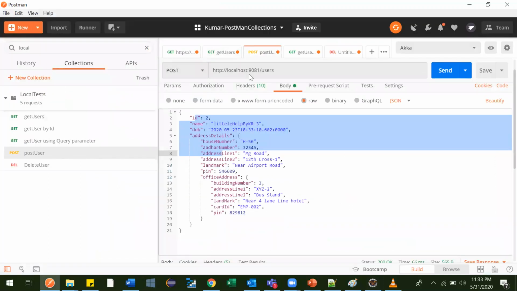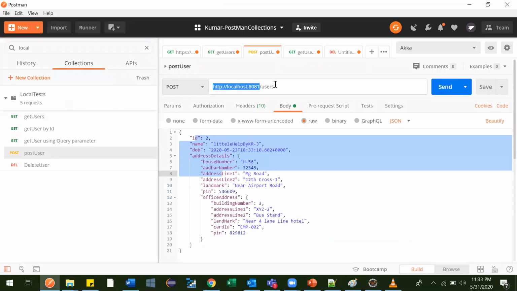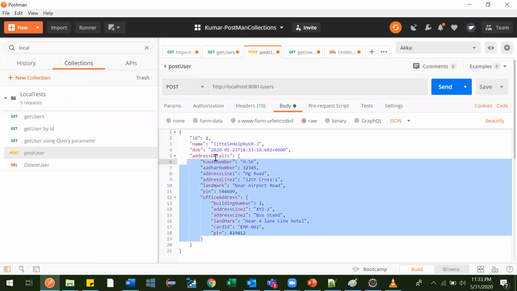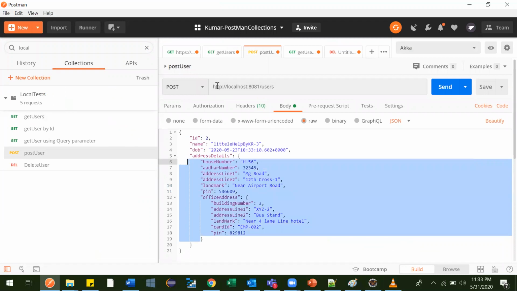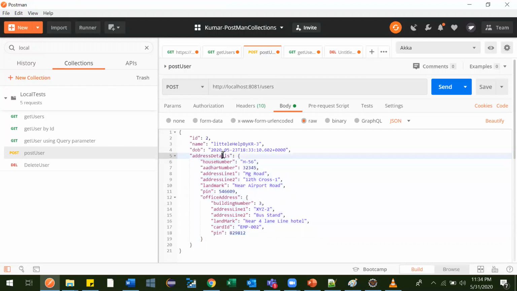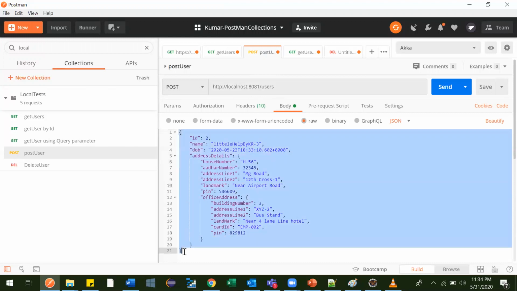So this is the API the developers have created. They told us this is the API, this is the base URL, this is the resource, and when you hit this as a POST request providing these details, it will add data in the database. Currently only one user is there in the database. Right now we'll try to add one. So this is the API, this is the base URL and this is the resource. This is the POST API the developers have created, and they have asked us to give these details in this format only.